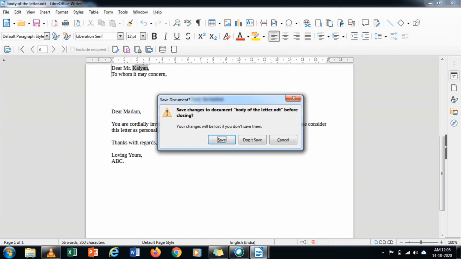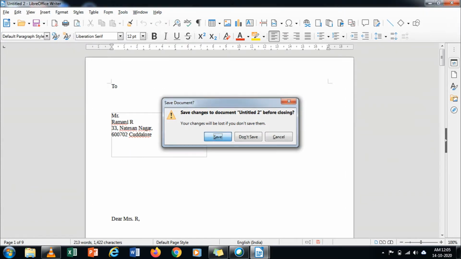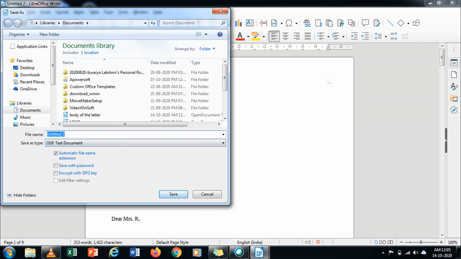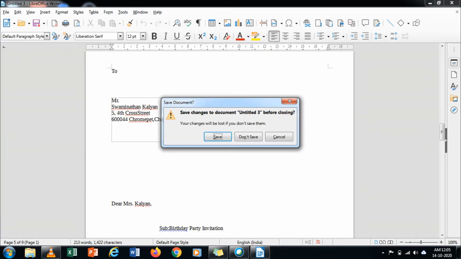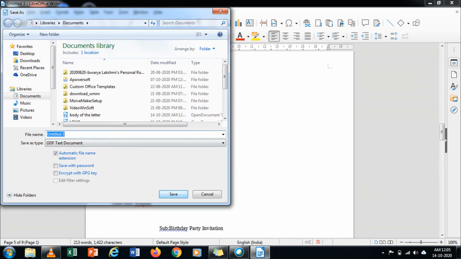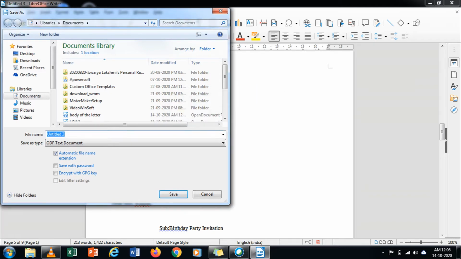Go to the File menu and then select Exit LibreOffice. It asks whether to save changes in the body of the letter. Give yes and come out from LibreOffice Writer. That's all.